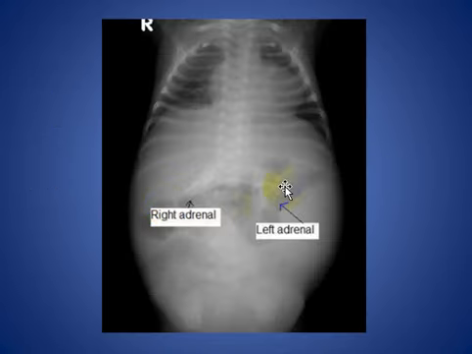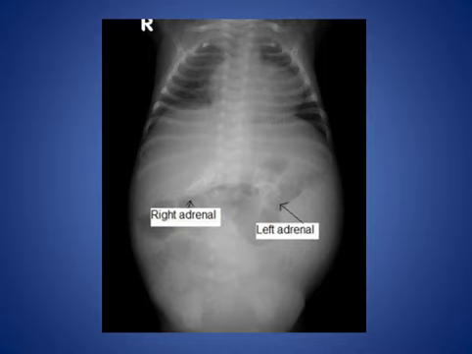Here, a patient with bilateral adrenal calcification, and we see the right adrenal gland and left adrenal gland, and this enlargement of the adrenal gland is Wolman disease or primary familial xanthomatosis, and this is a storage disease, a rare autosomal recessive inborn error of metabolism resulting in deposition of fat in